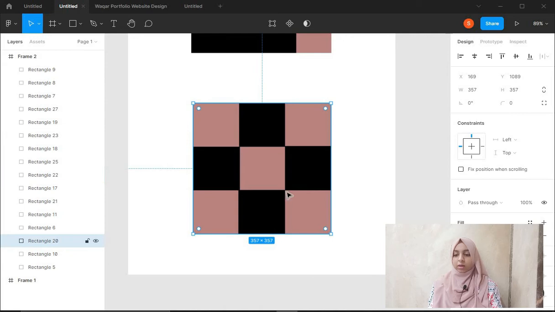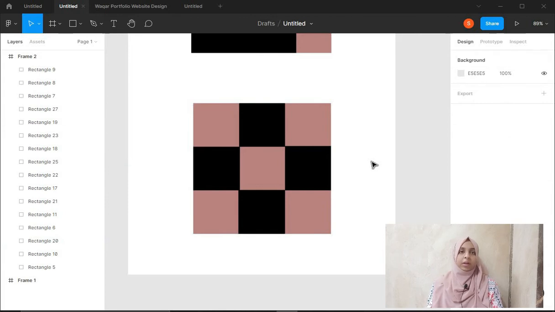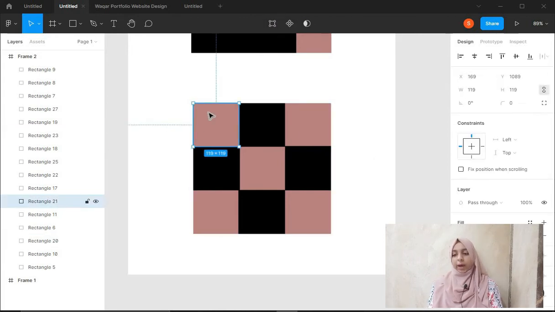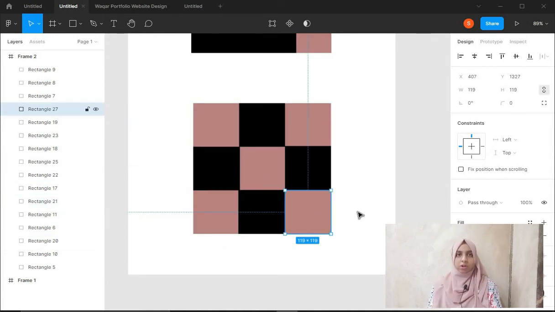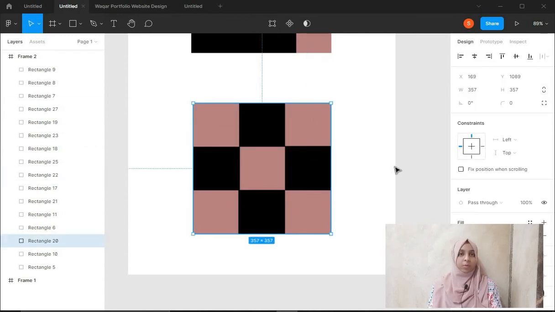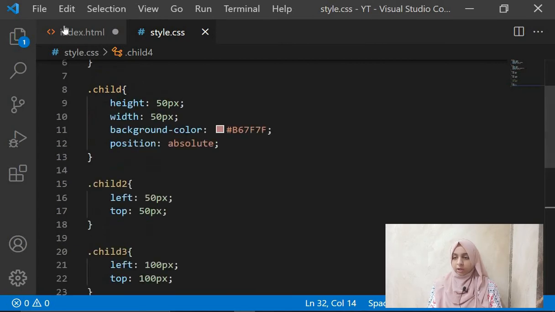We have these 5 divs over the container. Here we can give it 2 approaches. The first one is you can have a background of this color and have 4 different black divs inside of it, or you can have a black background color, and these divs to be your children elements. I would like to have this one as my background color and black as my divs, because with black we have only 4 divs, so it will be easy for us to place only 4 divs. But if we take black as our background, then we'll have to set 5 divs, right? So you see how your work gets easier, and accordingly we can do it.